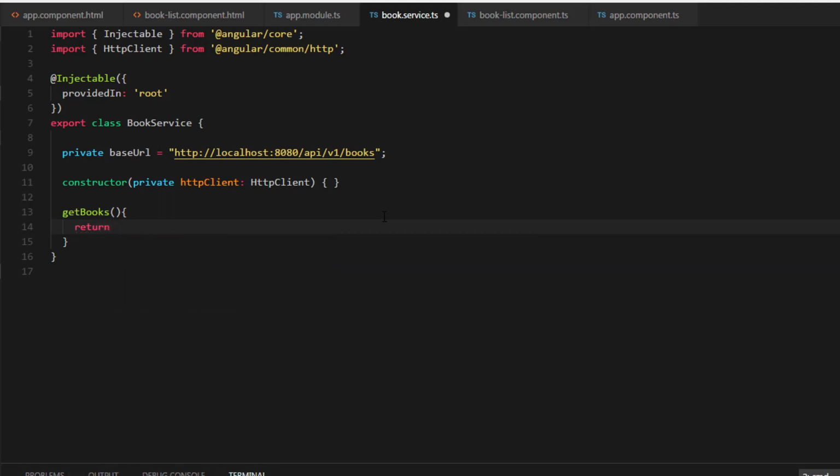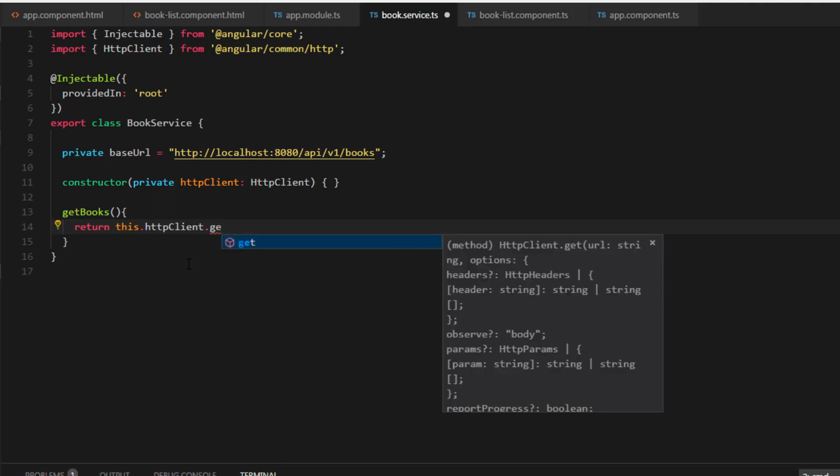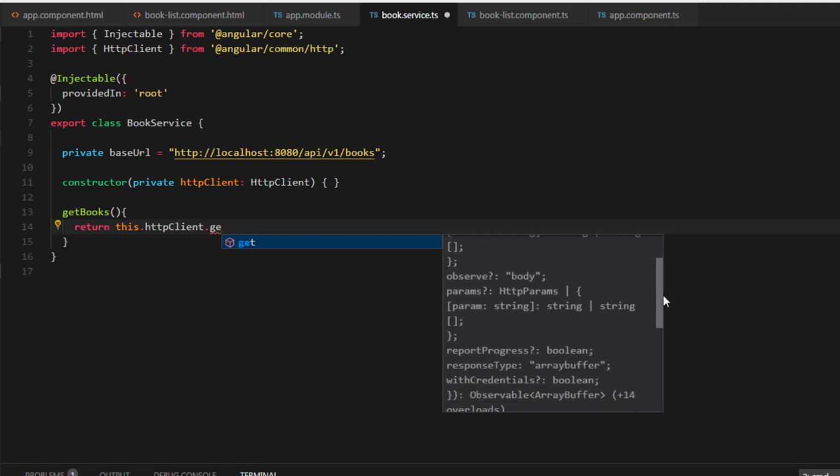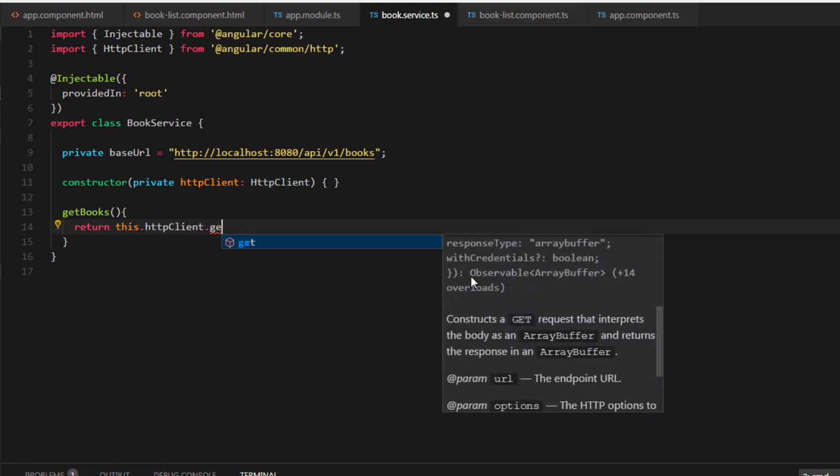Return. Let's make use of this HttpClient, this.httpClient. We issue a get request. If you take a look at the return type of this get method, it will return an observable of array buffer. But we aren't interested in the array buffer. We are interested in the book array.